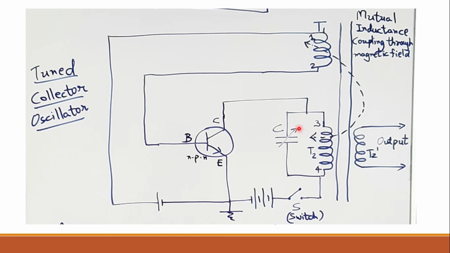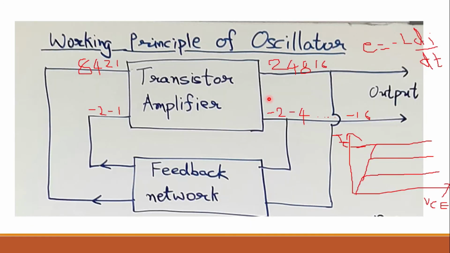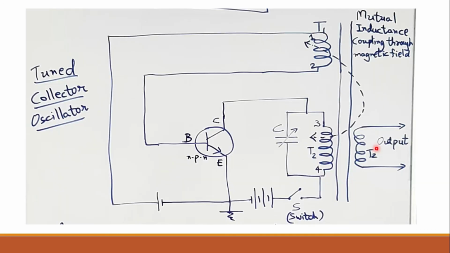Due to amplifier action, when IC increases, voltage change across T2 will again change or increase. As T2 is linked to T1, again voltage change across T1 will increase. So the current will again increase. This goes on till IC reaches saturation, right? Now it cannot increase anymore because from this characteristics, right, it has become saturated, right? So this is due to saturation state of the transistor, right? So since current stopped increasing, the induced EMF E, which is equal to minus L di by dt, tends to reach 0.